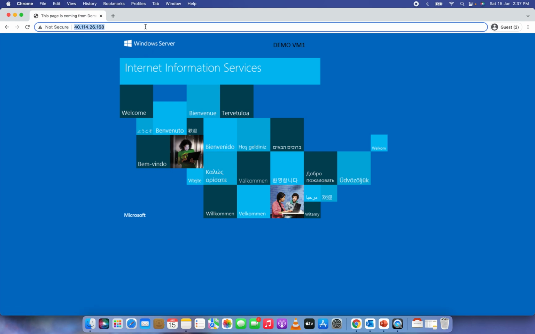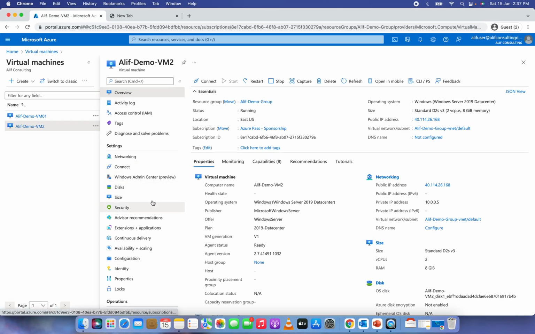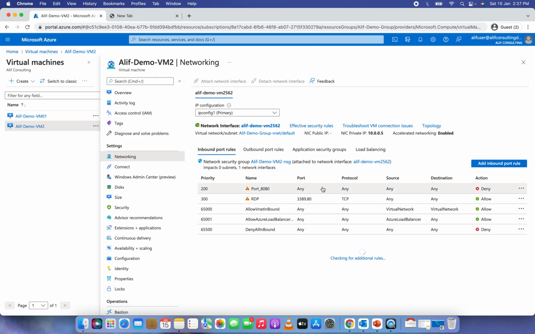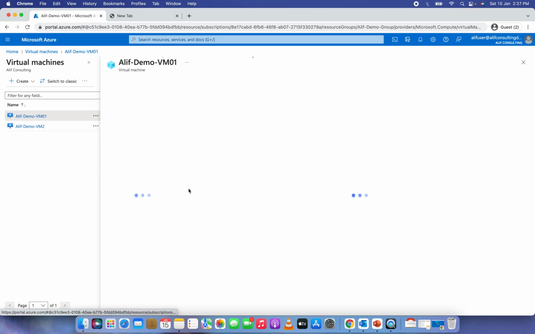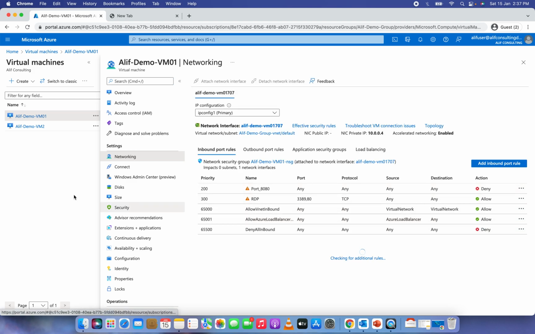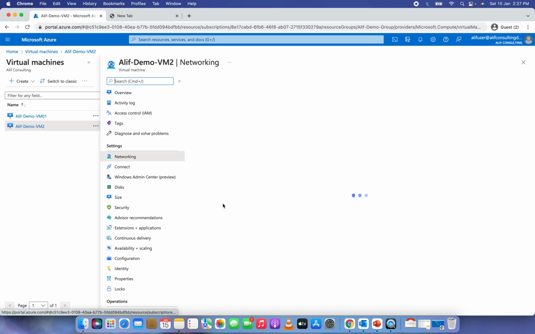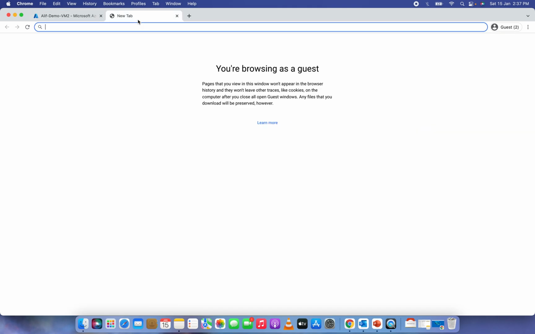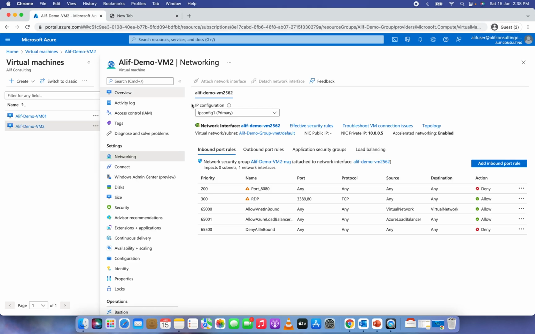It's still resolving a page. That's interesting, but it should not be, because both my VMs have a block and deny, so it shouldn't allow the communication within the VM from the internet. So that's how you can go ahead and create the deny rules. And the same way, if you want to create the application security groups, what you can do,